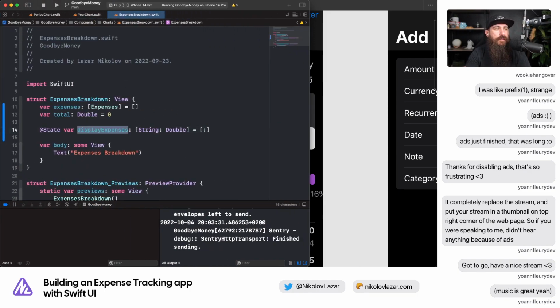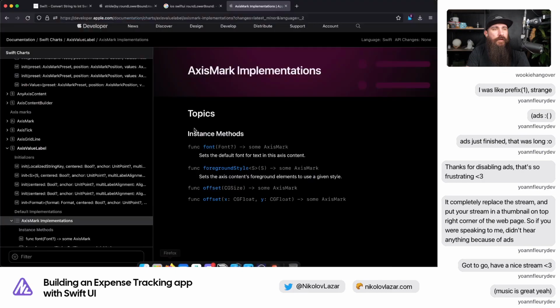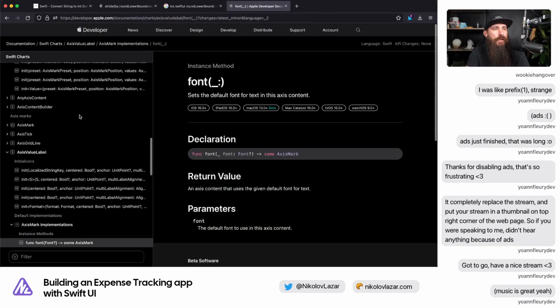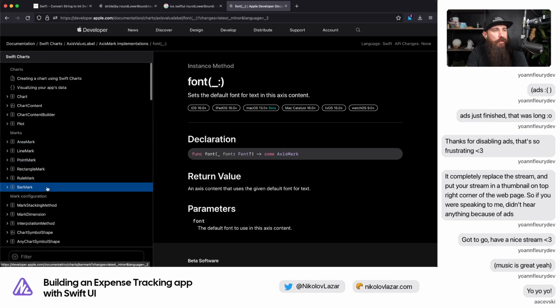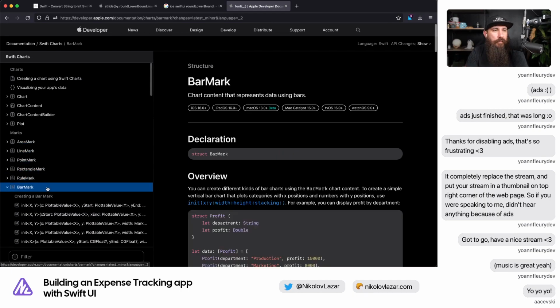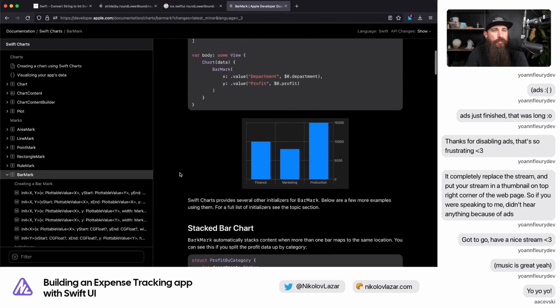And it's not going to be necessarily the display expenses. These are going to be categories, percentages. And as far as I saw, there is a way to create horizontal bar marks. These are the vertical, right? These are the vertical. And